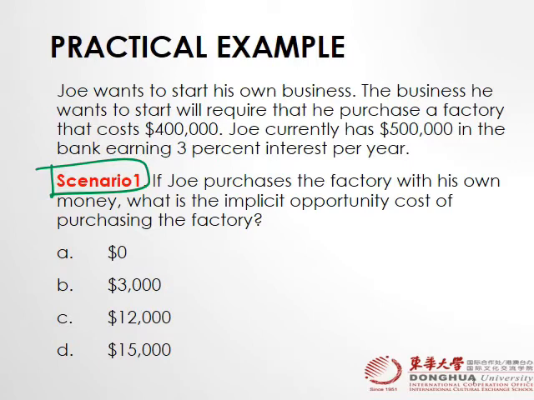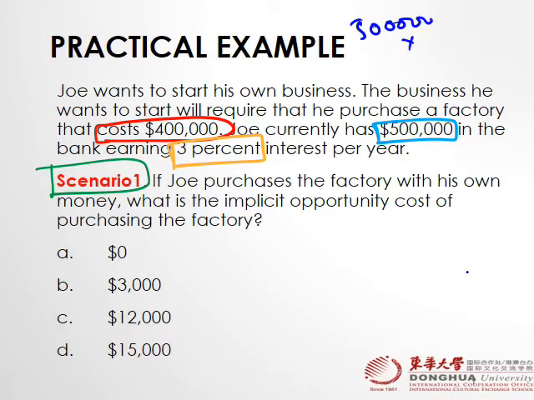So let me read the question. Joe wants to start his own business. The business he wants to start will require the purchasing of a factory that costs $400,000, and Joe has $500,000 in his bank, earning a 3% interest rate per year. So how much money does Joe have in his bank account? $500,000, and he's earning 3%. So 3% of 500,000 is 15,000. So before purchasing the factory, Joe's bank account is earning $15,000